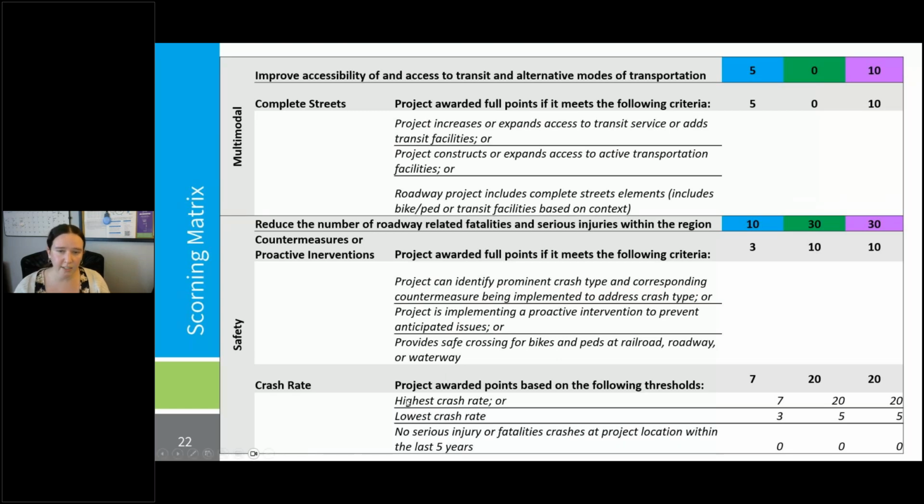The next that I wanted to highlight is under safety. For the crash rate, that is going to be similar to the air quality emissions, where the highest crash rate would receive the highest amount of points. The lowest crash rate will receive the lowest amount of points. And one of the things I also wanted to highlight within this is some of the discussions that we'd had at our TAC meetings about areas that don't have a crash rate at their project location. That crash rate is going to be based on the weighted crash score, which I'll talk about a little bit later,